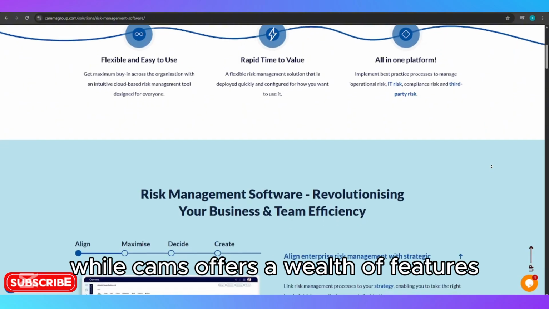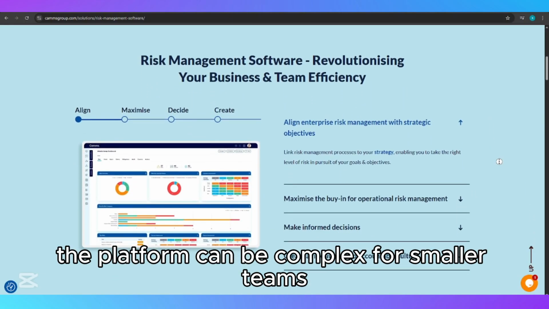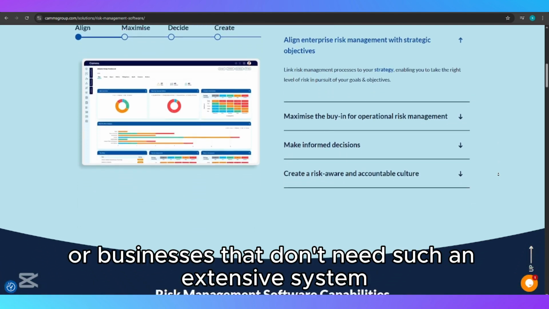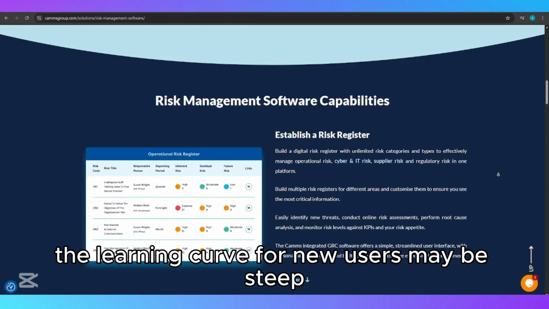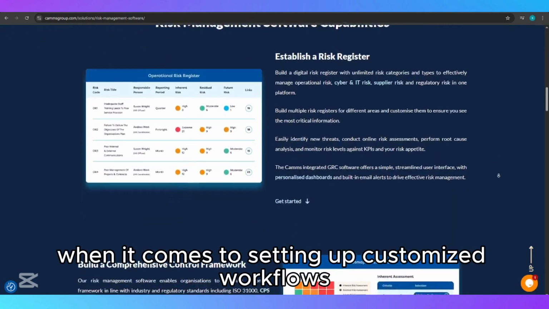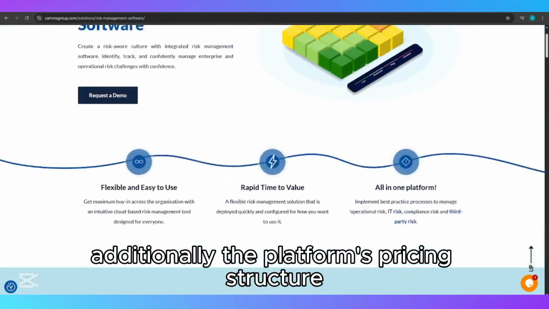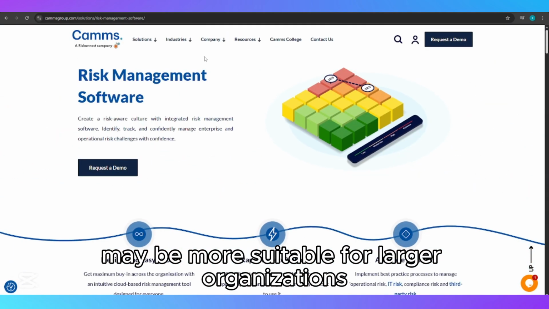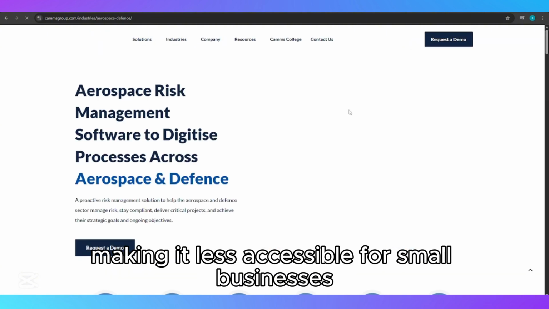However, while CAMS offers a wealth of features, the platform can be complex for smaller teams or businesses that don't need such an extensive system. The learning curve for new users may be steep, particularly when it comes to setting up customized workflows and reporting. Additionally, the platform's pricing structure may be more suitable for larger organizations, making it less accessible for small businesses with